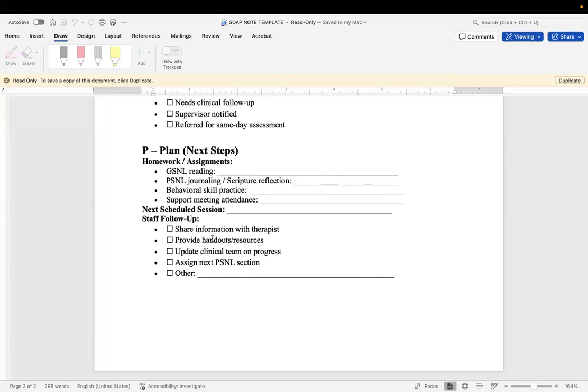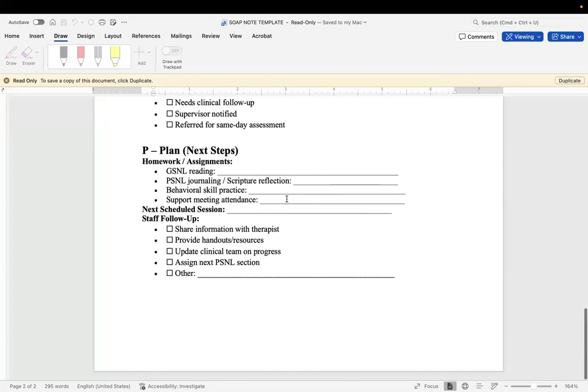So you can list ATC, you can list, if you have a church group, you can also list the church group. We can talk about 12-step Christianity, we can talk about Celebrate Recovery, we can talk about all these programs, but you're also able to list ATC under support meeting attendance. And then next scheduled session for somebody that's Monday, Wednesday, Friday, then you would obviously list that next Monday, Wednesday, or Friday. If it's somebody that's daily, then you would list that. For some people, it's not going to be, but, for 2 more weeks. But you really shouldn't have one of these papers to fill out on somebody that's only going to be seeing like a counselor or a doctor or somebody like that.